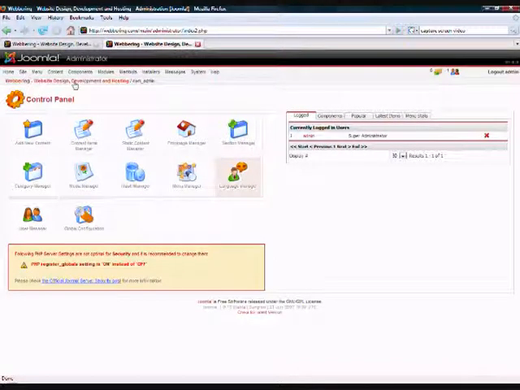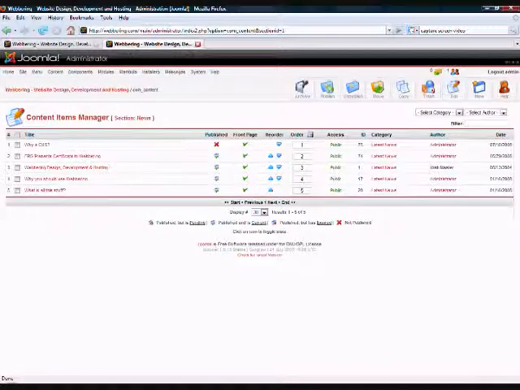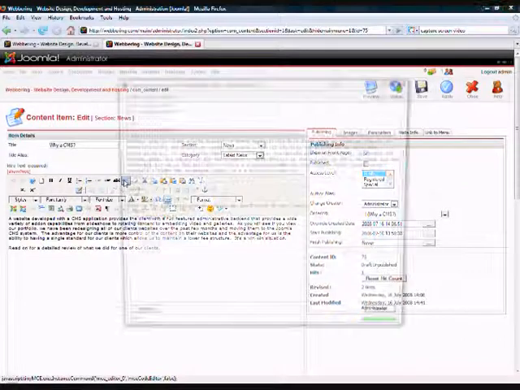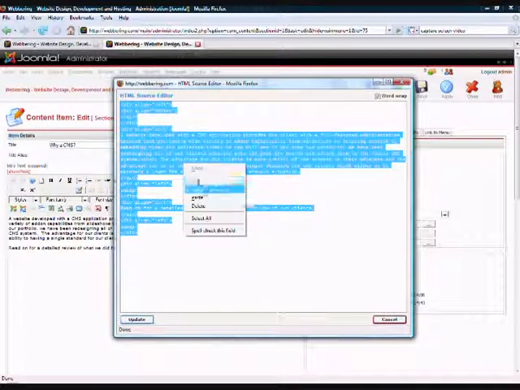So I'm going to go to the administrator, log in, and go to content here, and we're putting in a news item. You can see there's already an article, why CMS. I've already done this, so I'm going to kind of cheat. I'm going to come into my HTML code, highlight it, right click, and copy this,